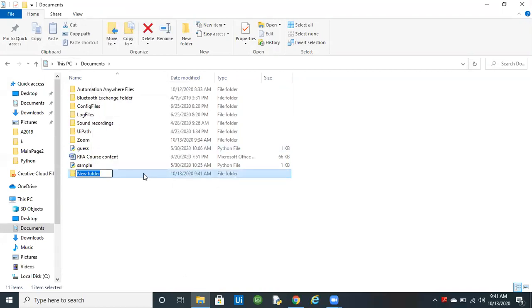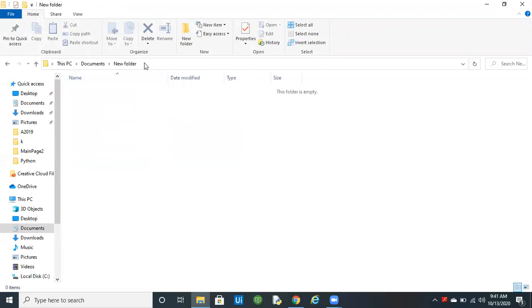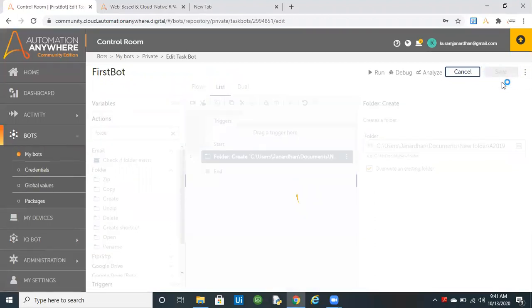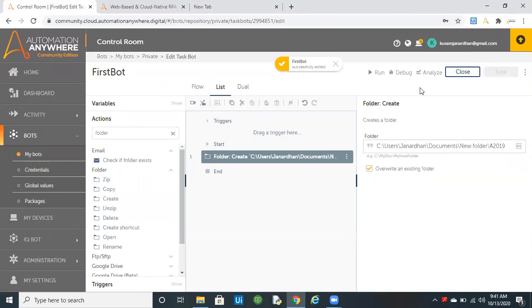Let me copy the path, and now I want to create a 2019 folder under New folder. Let me select override, and quickly run the process.